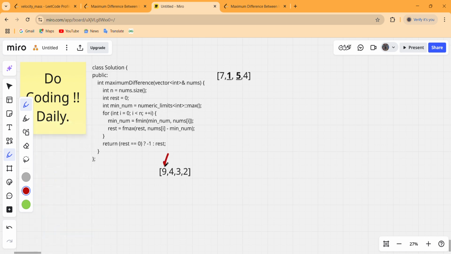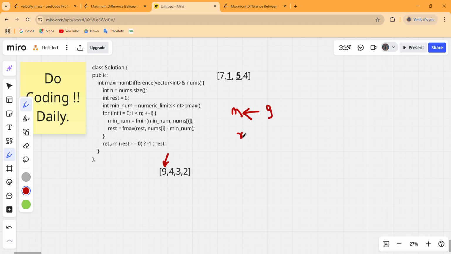Our I starts from this, and minimum number till this index possible is basically minimum of integer max and this current nums of I, that means minimum number is 9 till this index.